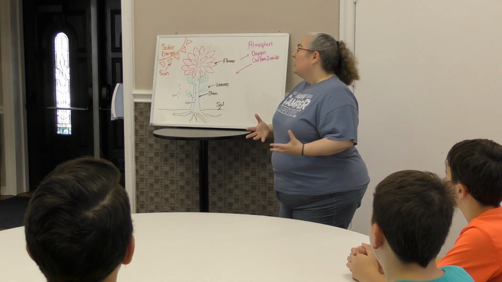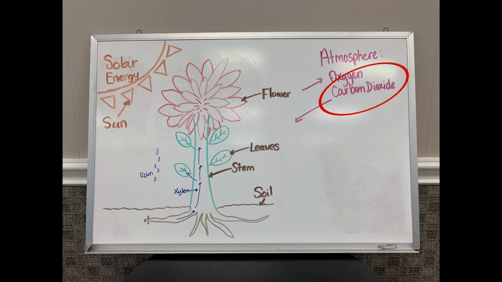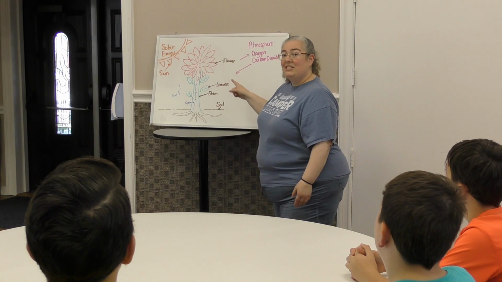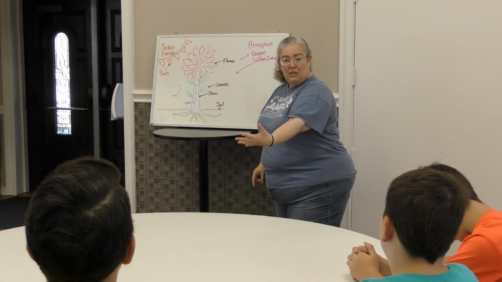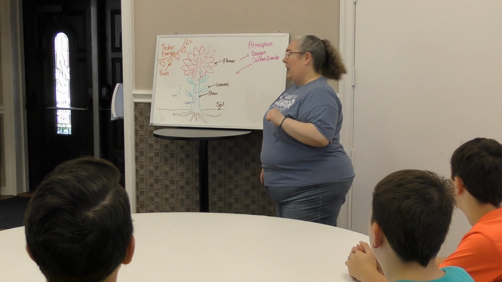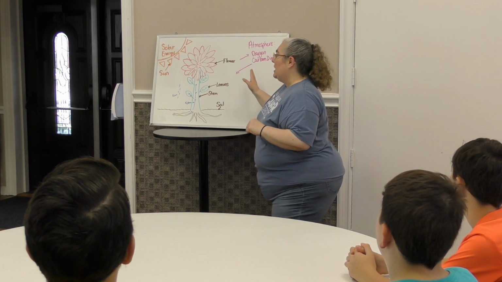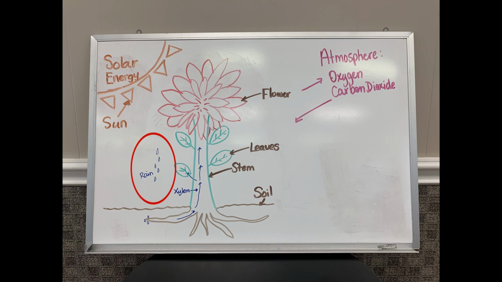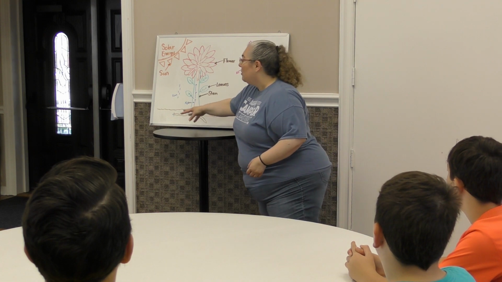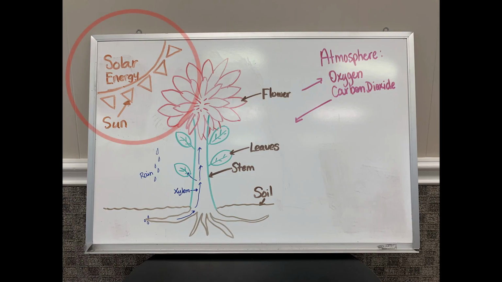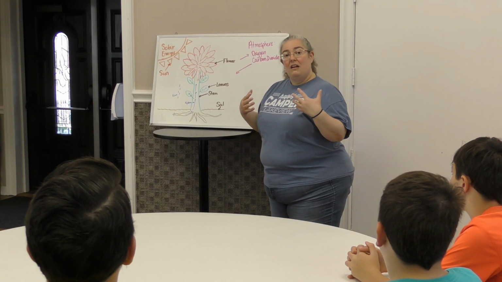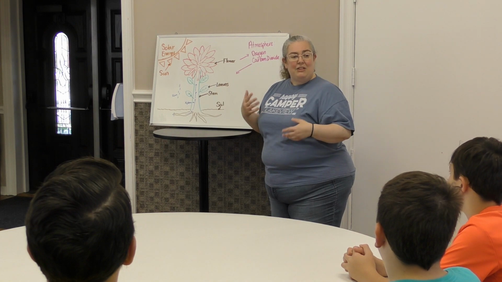it requires. Well, first of all, it needs carbon dioxide from the atmosphere, which is the gas that we breathe out and all other living organisms breathe out. It also needs water that's going to be coming from the rain that falls, and it's going to be absorbed by the roots. And then it also needs solar energy, or that sunlight that's going to allow the plants to grow. And this is done through what organelle in the plants, guys?